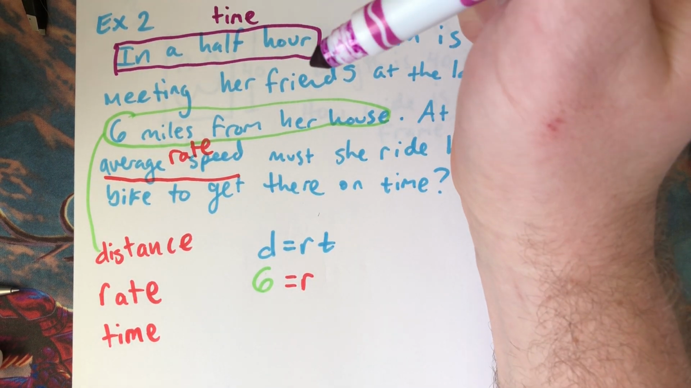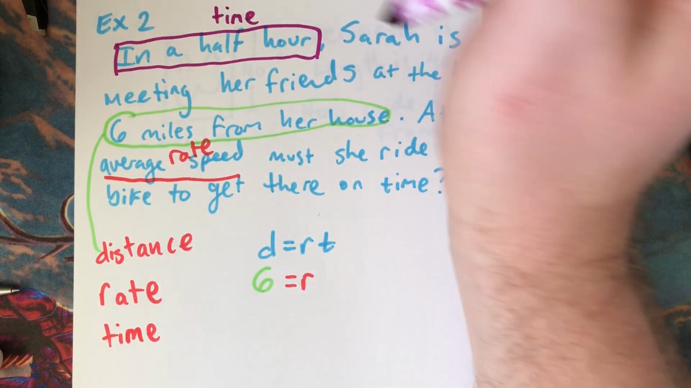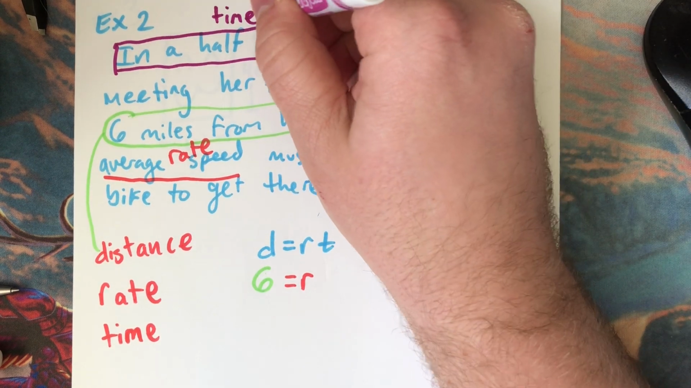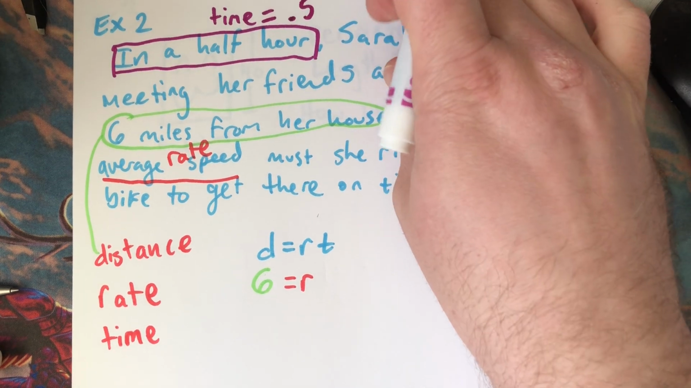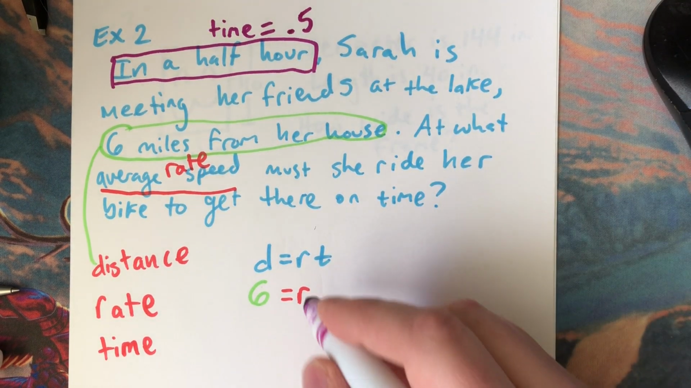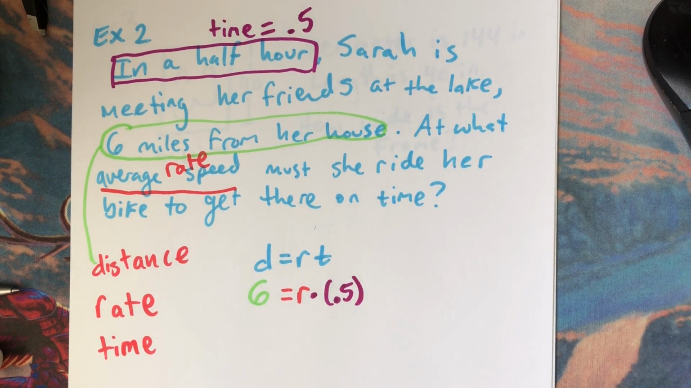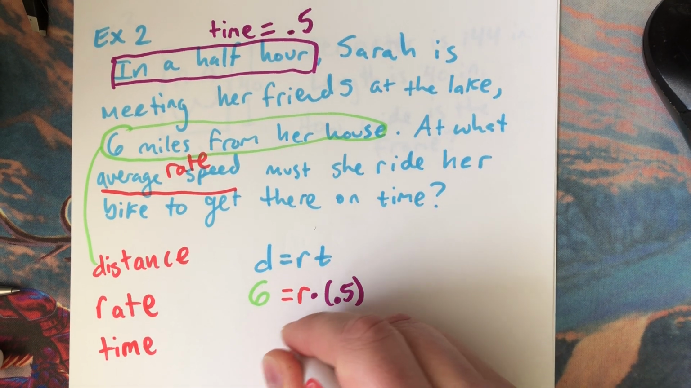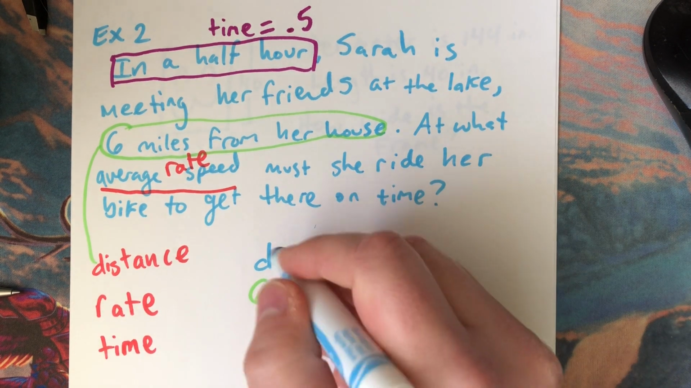So we like to give our speed in miles per hour. How many hours is a half hour? It's not 1 hour, it's 0.5 hours. Or you could even just use the fraction 1/2. So I could say this is rate times 0.5. So if I want to know the average speed she needs to go, all I need to do is solve this and get the rate by itself. So rate is equal to,